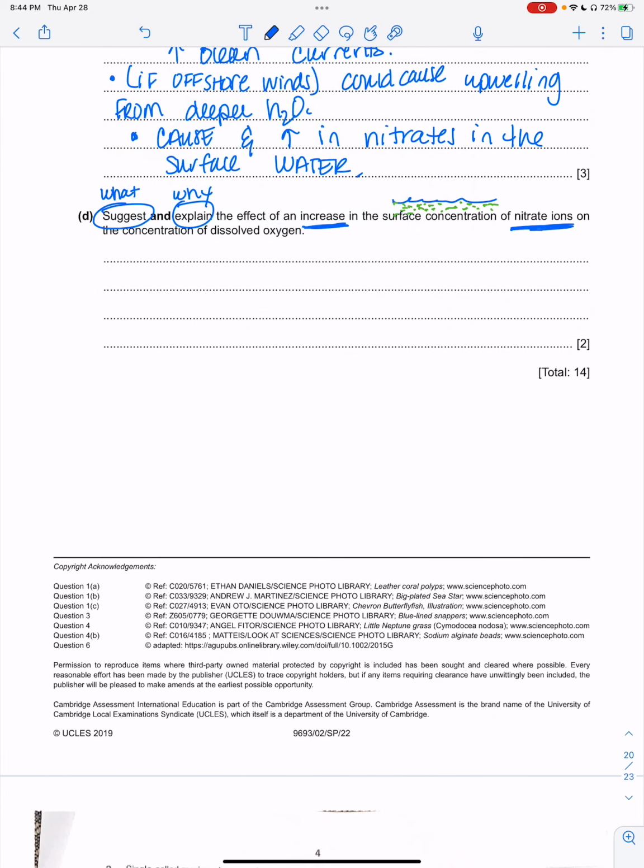Now, if we have an increase in nitrates in the surface,